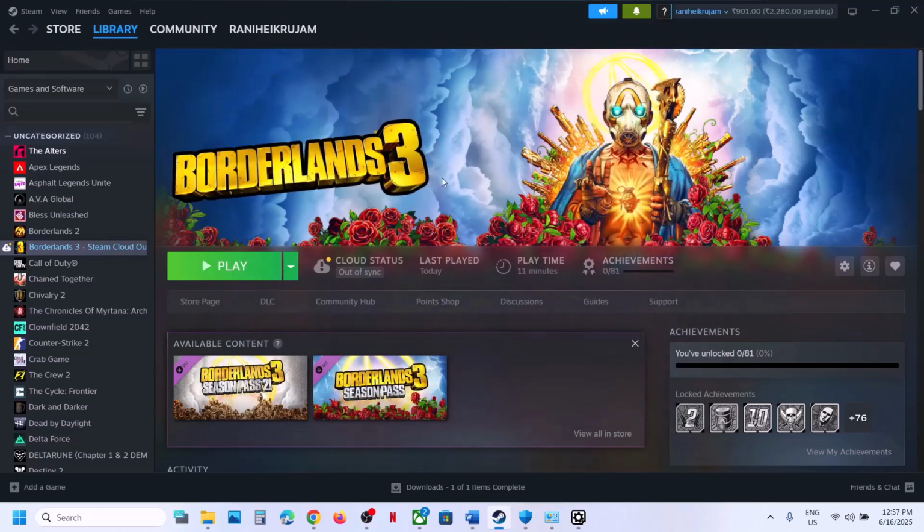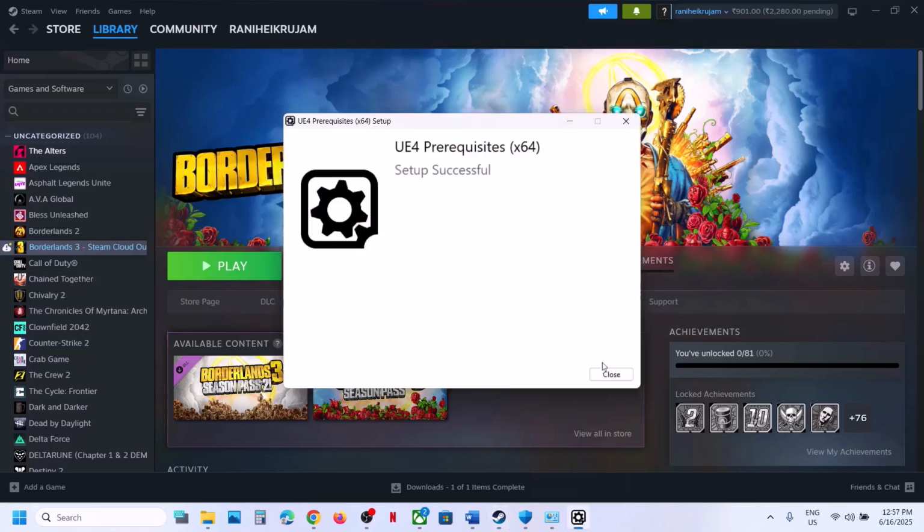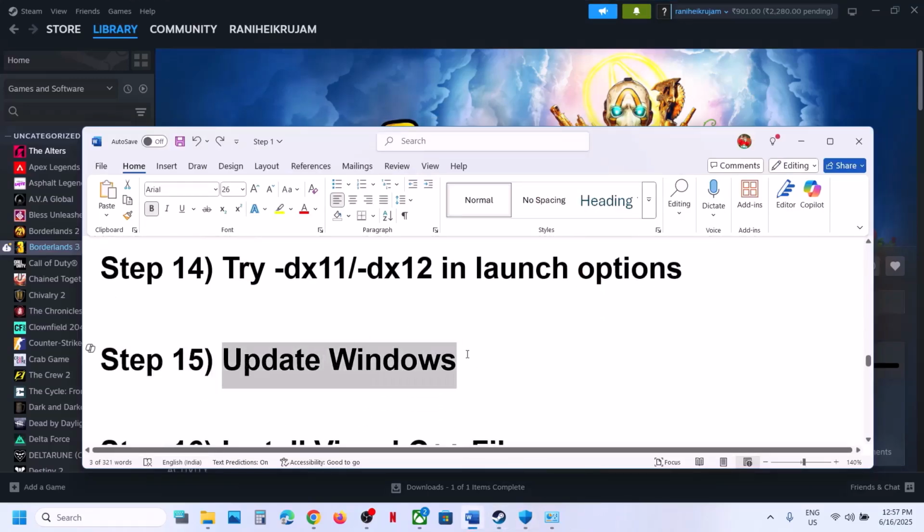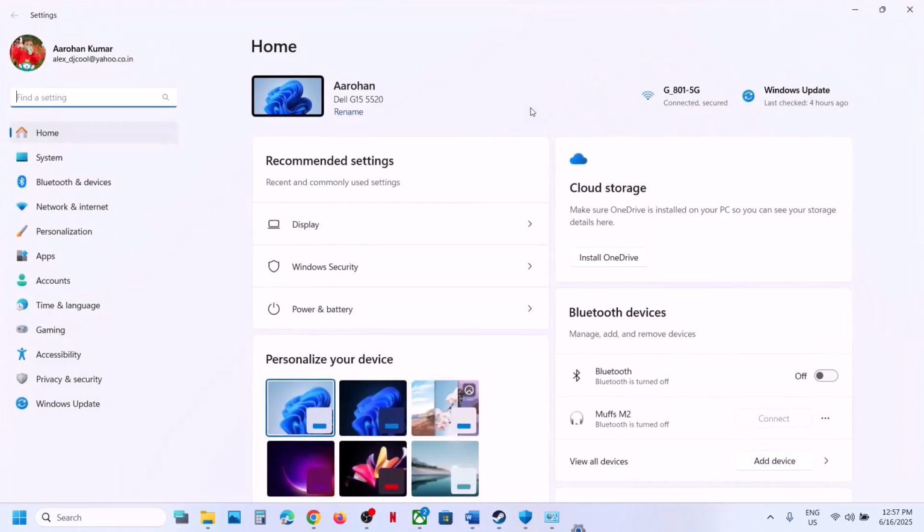Epic Games Launcher, you can go to Epic Games Launcher settings. You will scroll down, you will find the game at the bottom. You can click on the game and there you can try the command line arguments, DX11 or DX12 in the launch option, and then you can check. Now the next step is to update Windows to the latest version. Now for this, you can open Windows settings and then